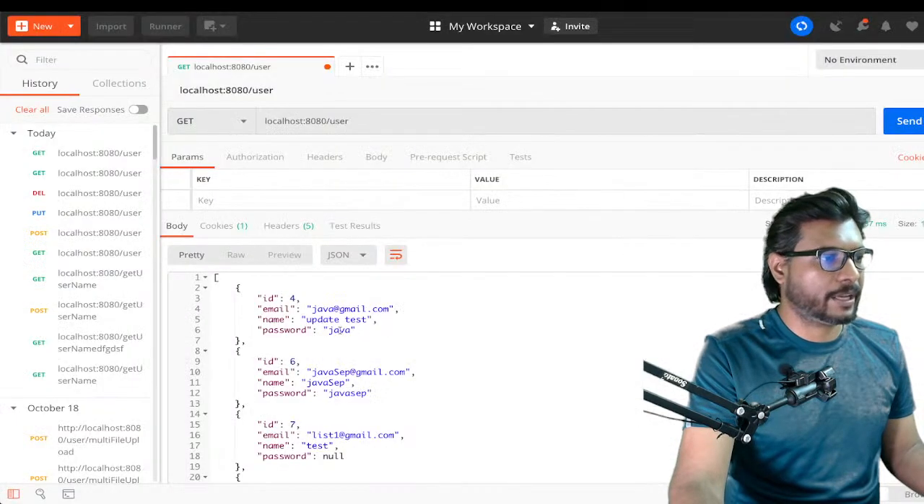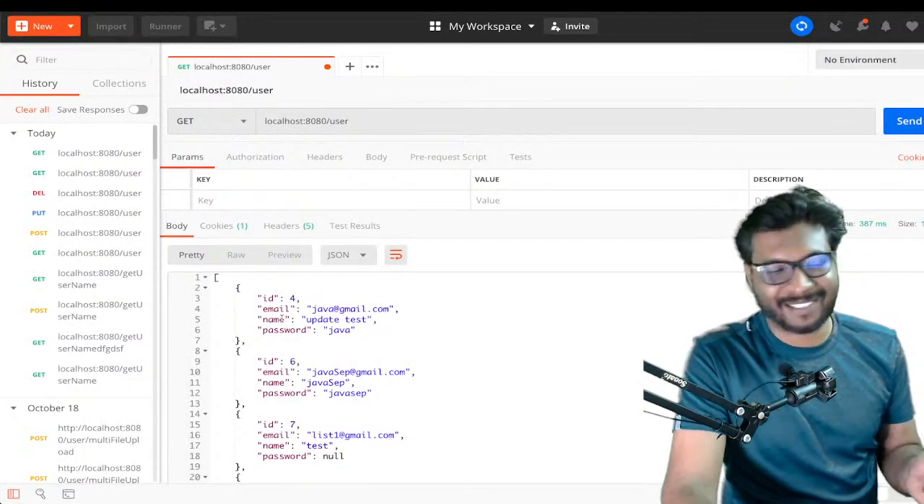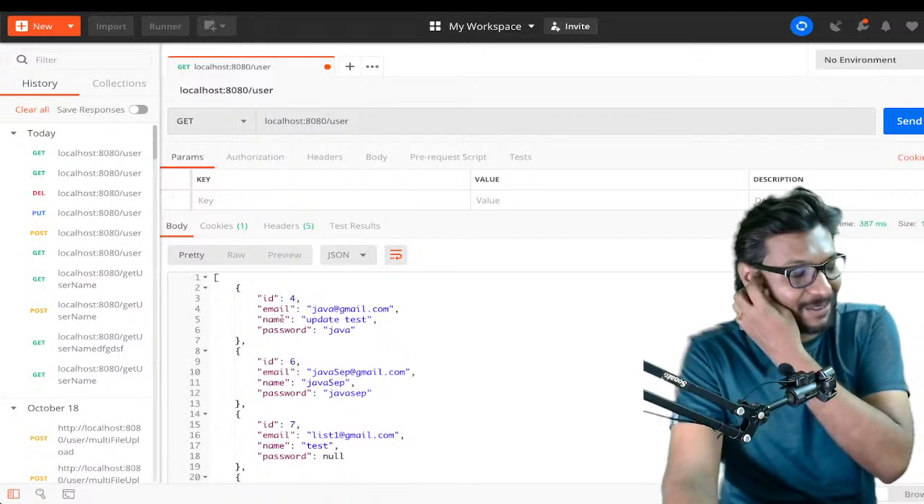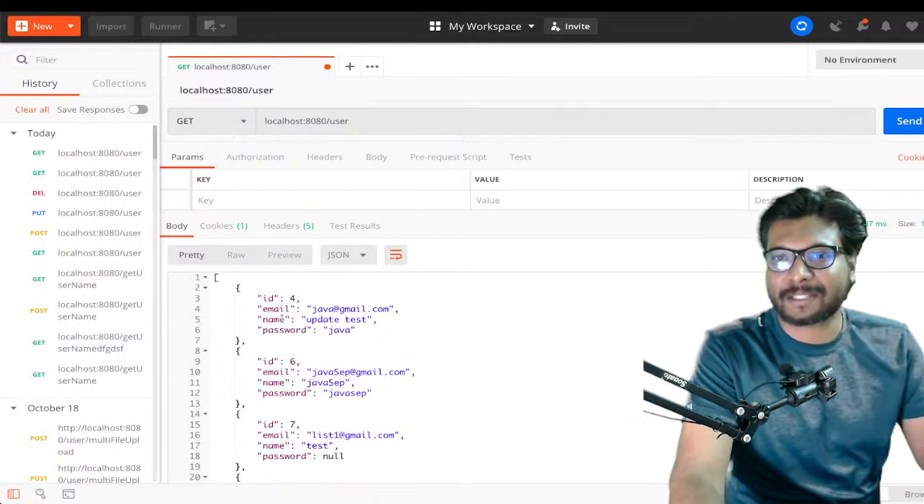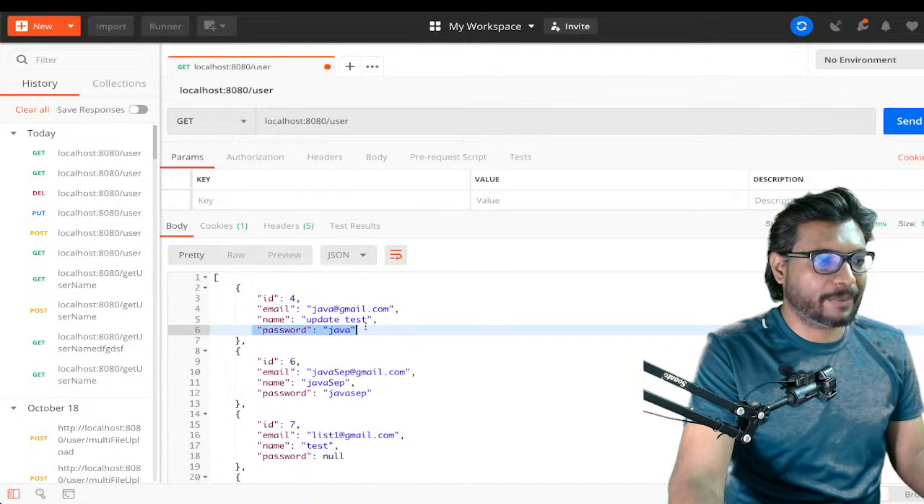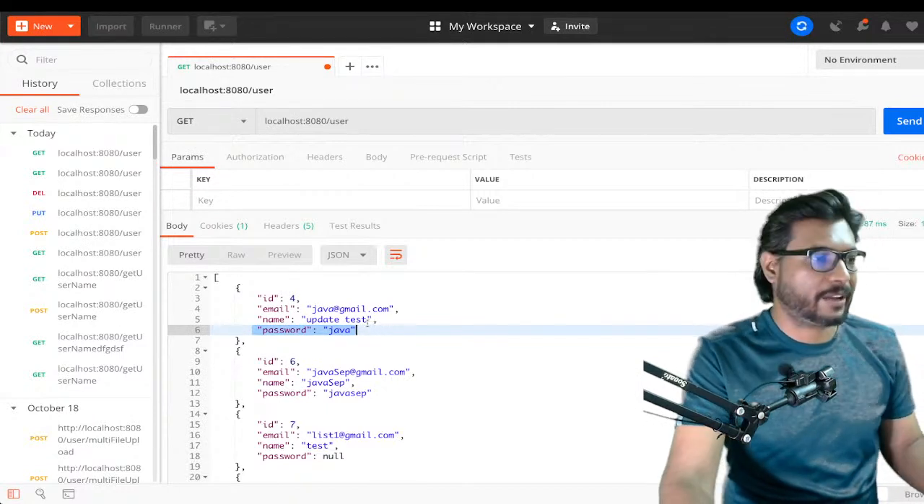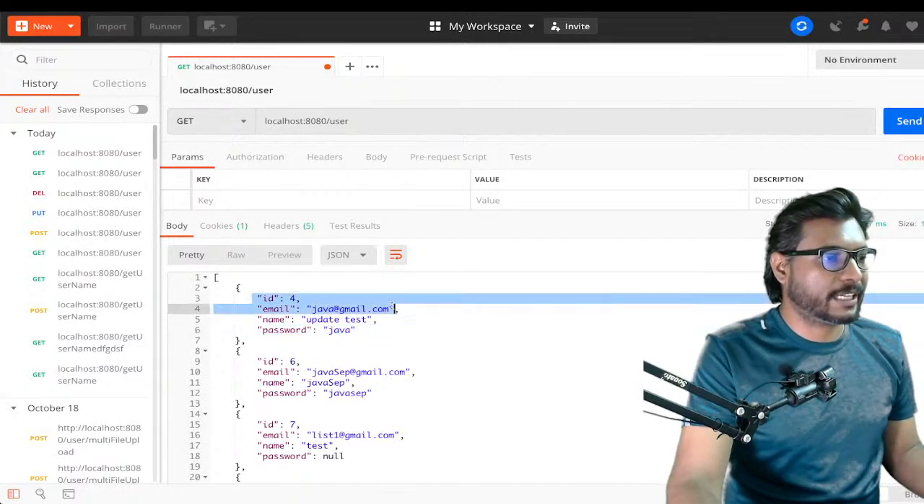This is the password. Okay, generally we should not share the password. This is just as it is real time, just for learning purpose I'm just sharing, but in the real time we should not share the password in the response. Okay, fine. So now as you can see here, this is the data. It is coming from the